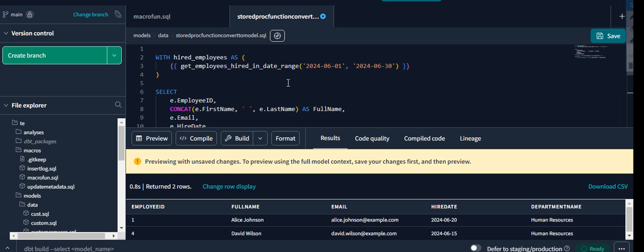By breaking down the stored procedure into a macro and a DBT model, we leverage DBT's ability to handle SQL transformations in a modular and reusable way. This approach aligns with DBT's philosophy of modularity, reusability, and dependency management in